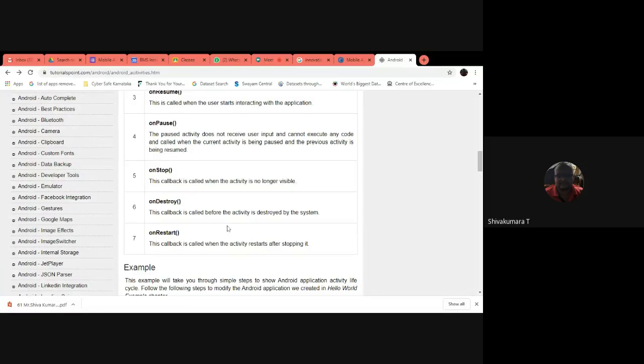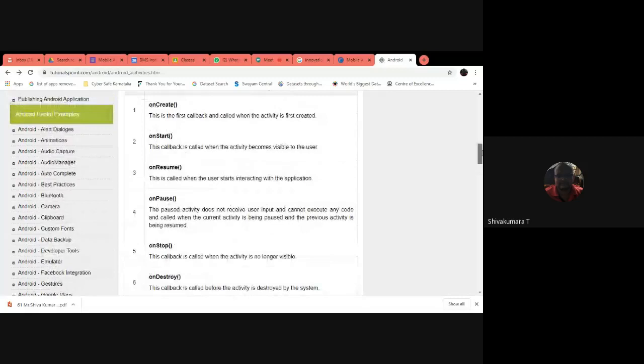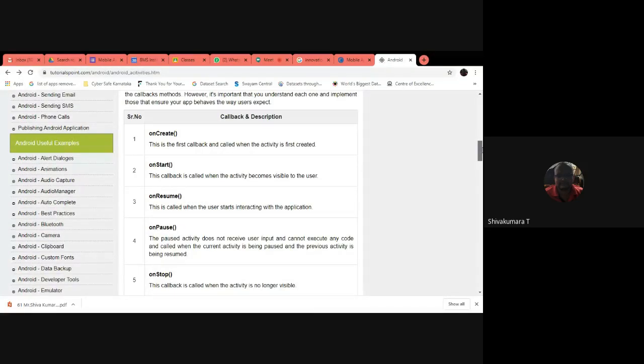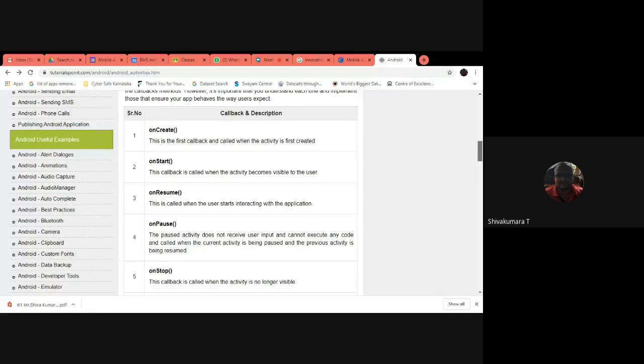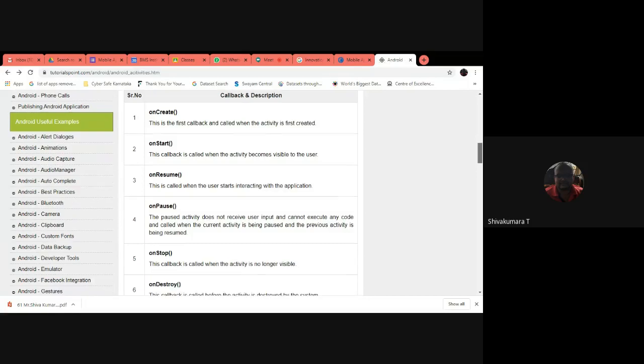These methods are internally taken care of by Gradle. Gradle is an environment setup which makes the setup to execute your Android application in the emulator.